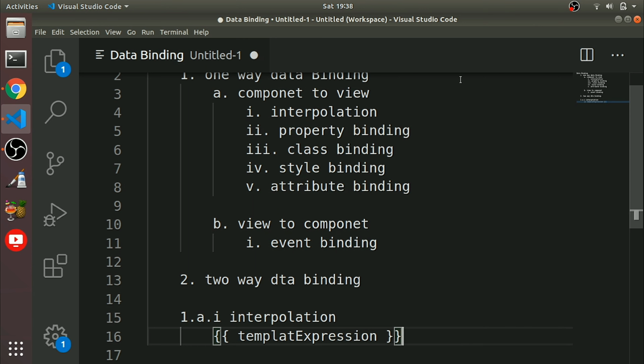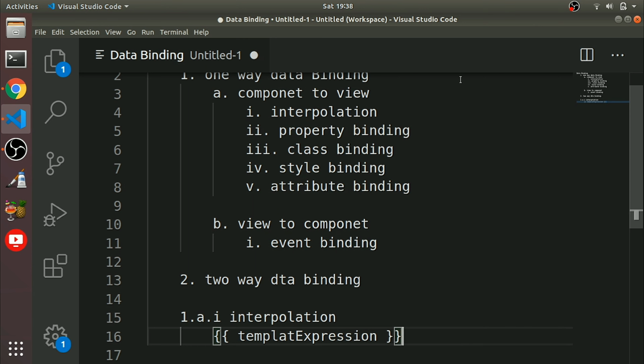This is the template expression, this portion. Angular evaluates the expression, that means it will do the addition, then the result will be 3, then it converts it into a string, then that string replaces in the HTML view. If you come here, 3 is here, right?